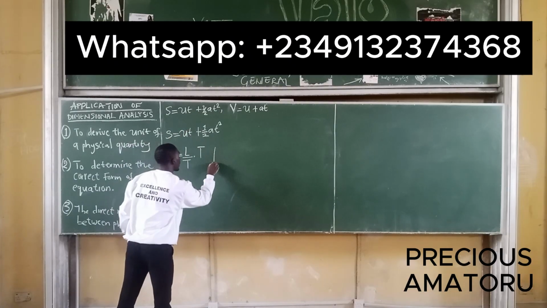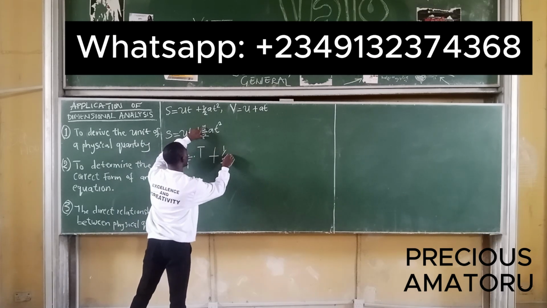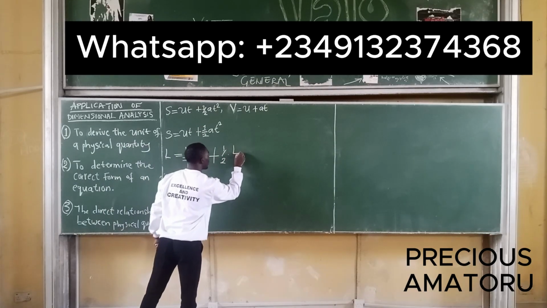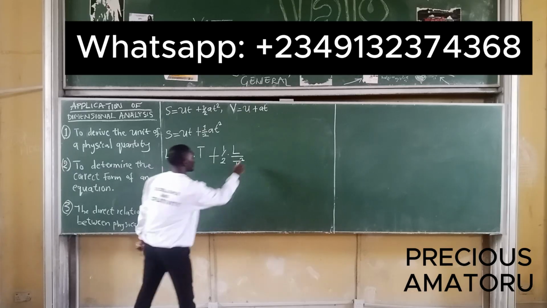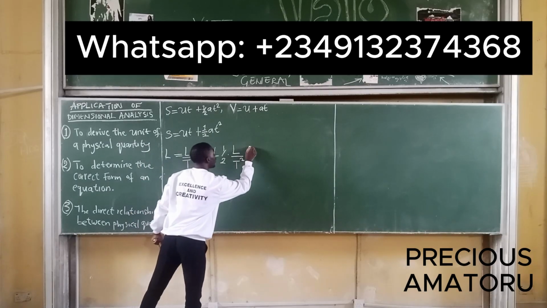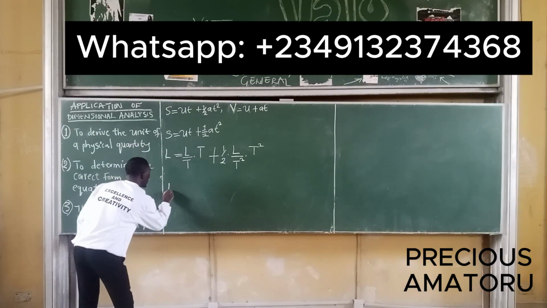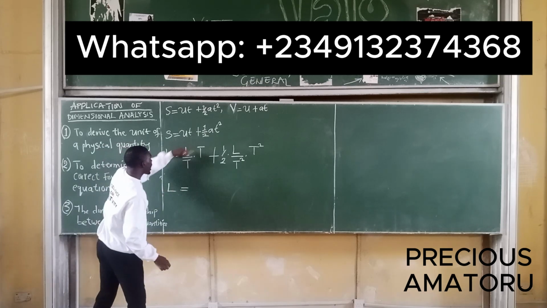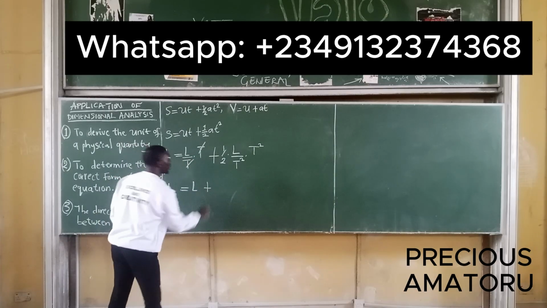We have an addition sign. What we have here is 1 over 2. So this is acceleration. The dimension of acceleration is L all over T to the power of 2. This is T squared. This is time and is represented with T for each dimension, T all squared. Now, what we have here is L equals to this. So this can cancel out. We have that this will cancel this. So what we have here is L plus this